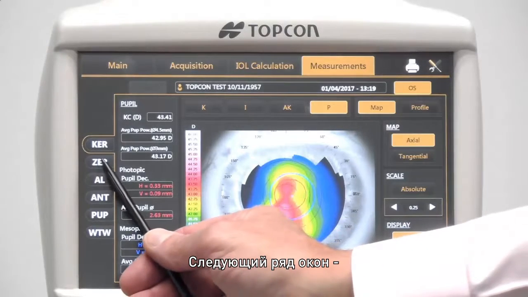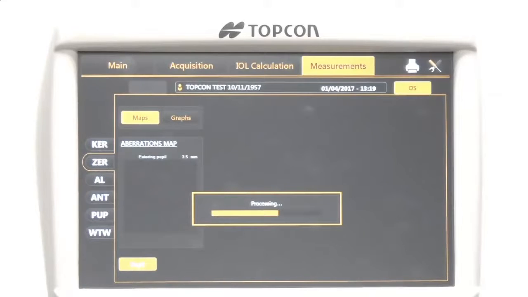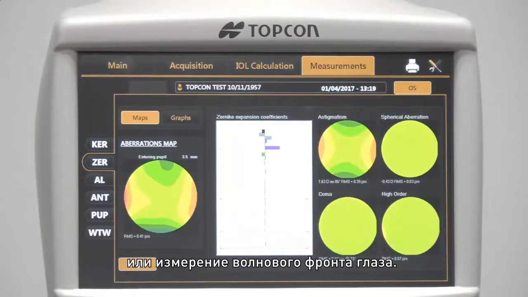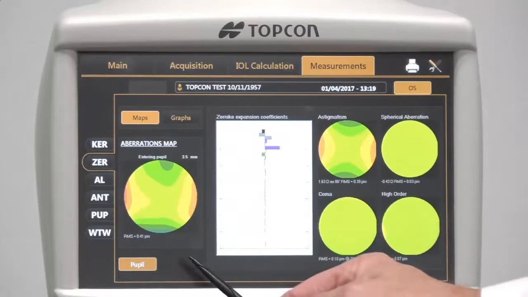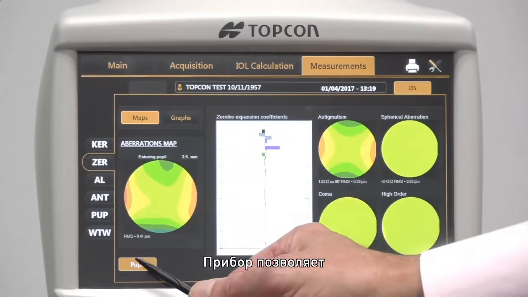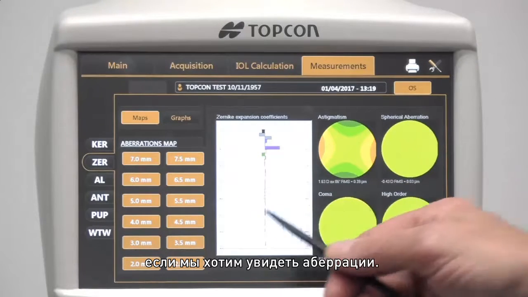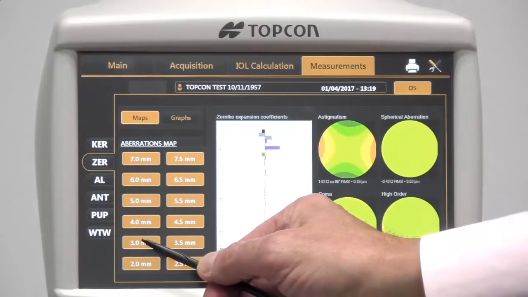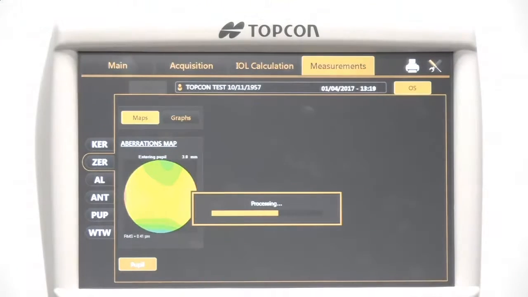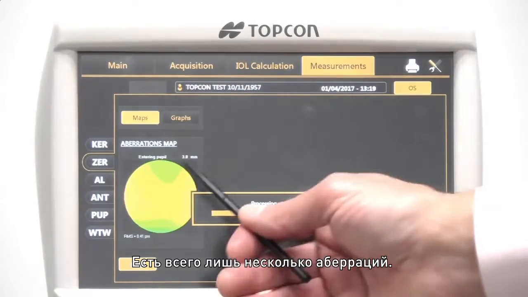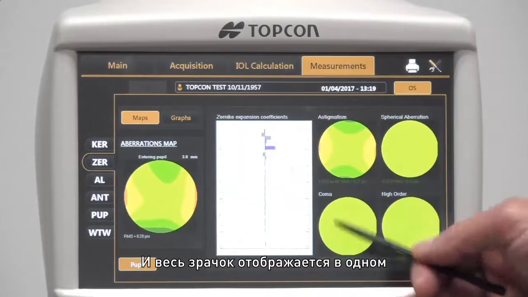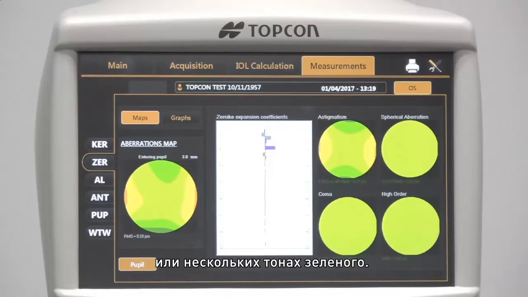The next set of windows is the aberrometry, or wavefront measurement of the eye. The instrument allows us to select the diameter we want to see the aberrometries. In a small pupil, we have very few aberrometries, and the entire pupil looks green or with very